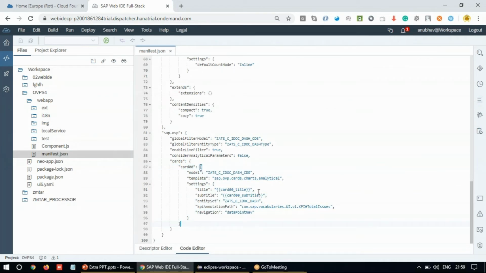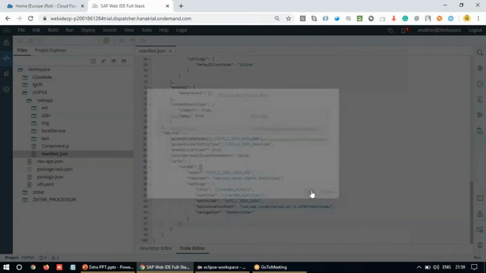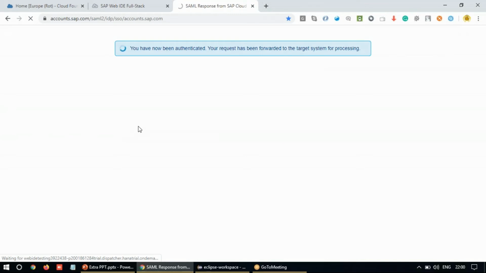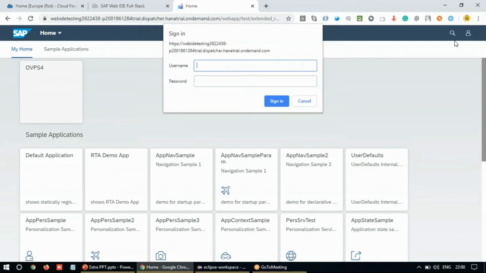But still there's a small problem. The problem is related to chart annotation, which we did not plug in right now. So when I run this, of course, it will start, but it won't show my card and will give me a very clear error in the console saying that chart annotation is not available. So let's explore that. I'm going to go back and we will run this application. So it's just authenticating me, connecting to the WebIDE full stack execution engine for HTML5 runtime. And of course, I got my tile. So I click on the tile,